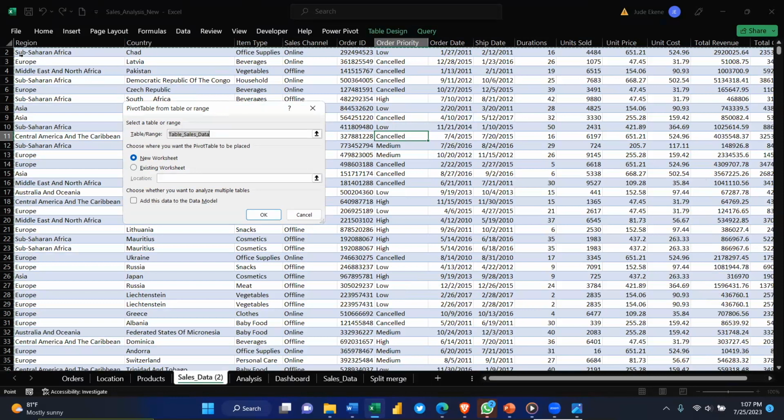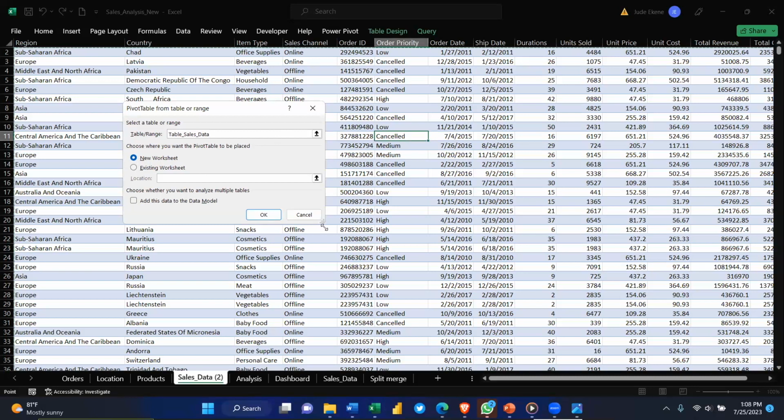Then the next thing it asks us is where to place the pivot table. The first option is new worksheet, which means it's going to create another worksheet for us. But that is not exactly what I